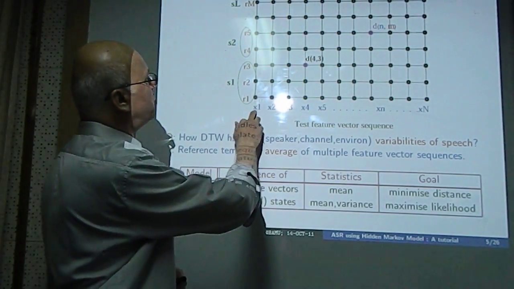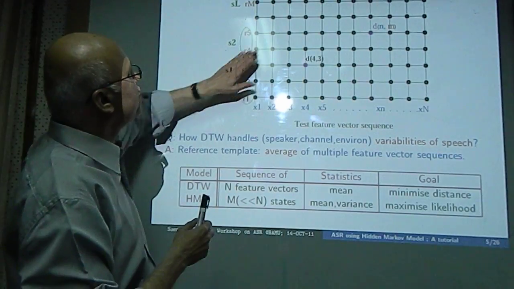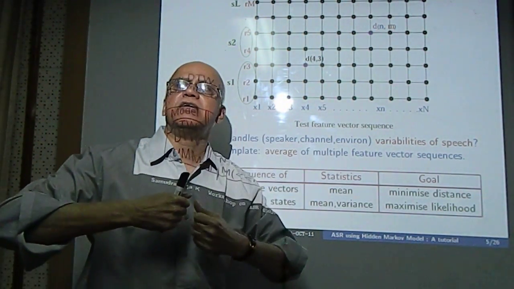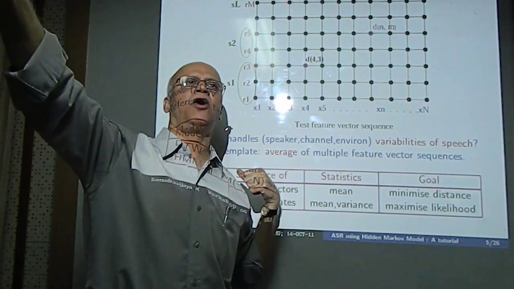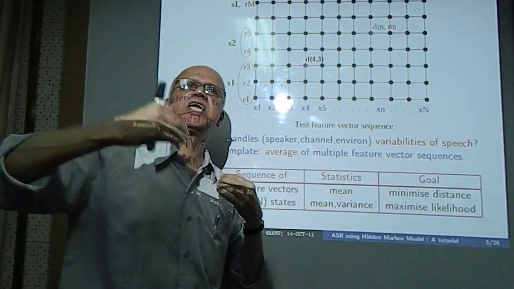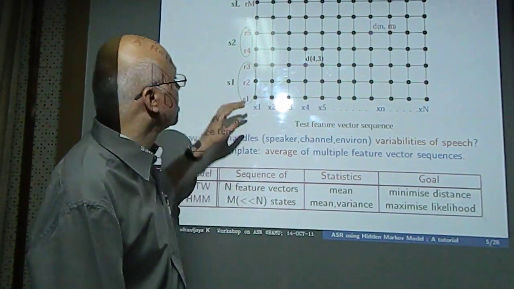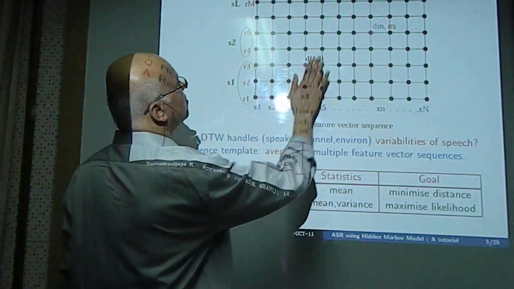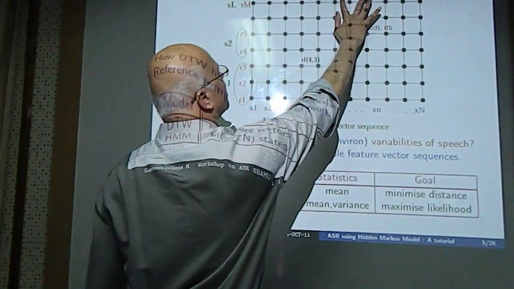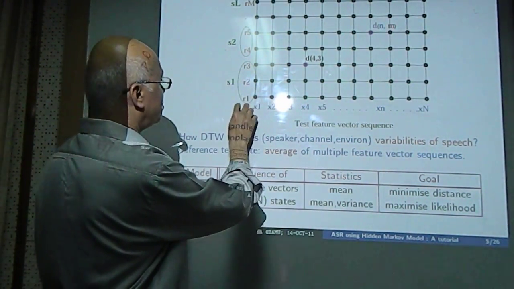Now we will go one step further and use the Hidden Markov Model technology, which represents a sequence of such phonemes as, in some sense, a sequence of probability distributions. So there are such phonemes. The essential difference between the DTW template-based approach and HMM is the following: you consider, let's